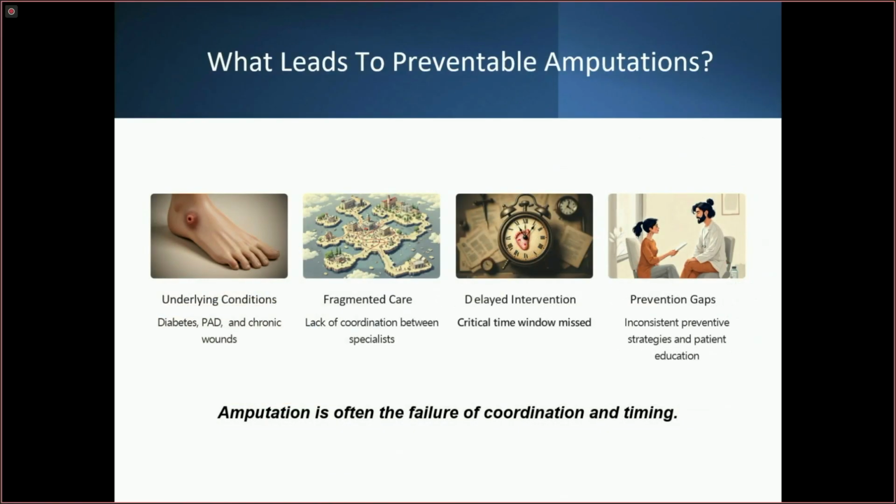When we look closely at amputations, they're rarely due to just a single factor. They result from delayed recognition, missed osteomyelitis, and poor perfusion. We often attribute the outcomes to patient severity or patient factors, but in many cases it reflects a breakdown in 3 areas: coordination, timing, as well as access to care. In that sense, amputations are often the system's failure.